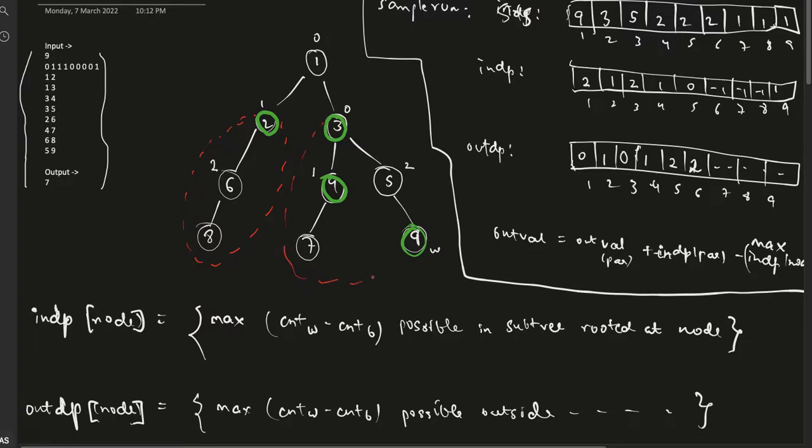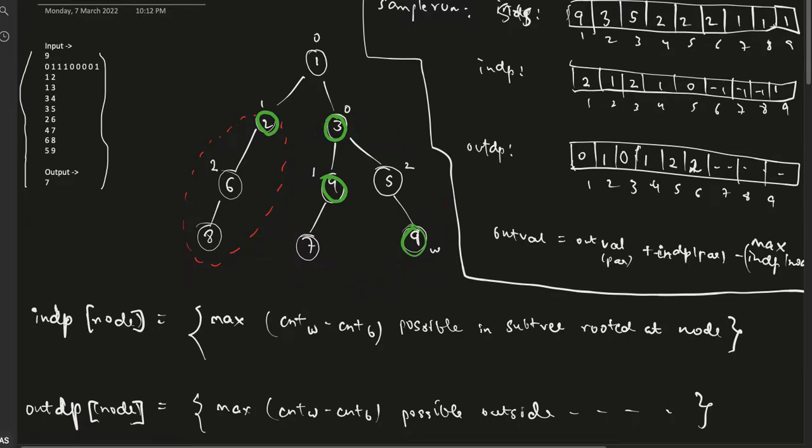Similarly, Ndp of 3 would store the maximum count w minus count b possible in this subtree. So this Ndp of 3 might include a path like this because this path lies entirely in the subtree rooted at 3. So this is a valid path in Ndp of 3. Okay, once we have got this cleared,